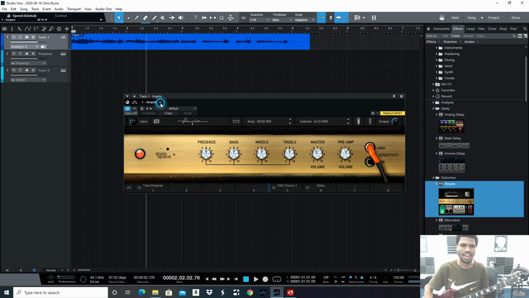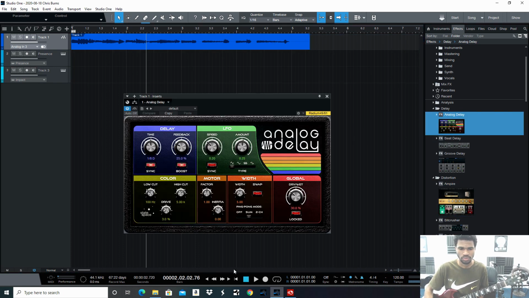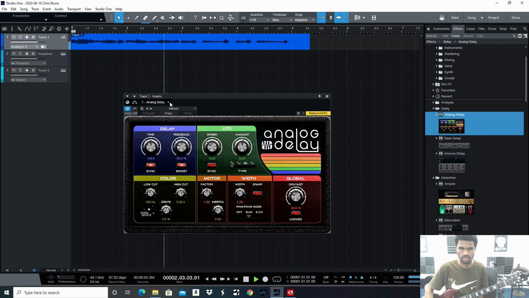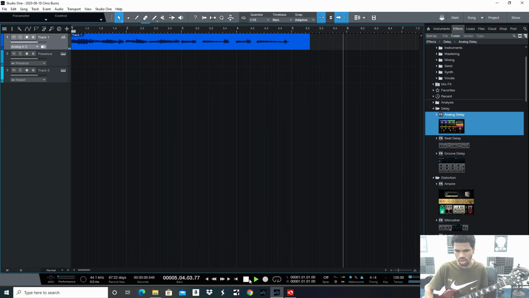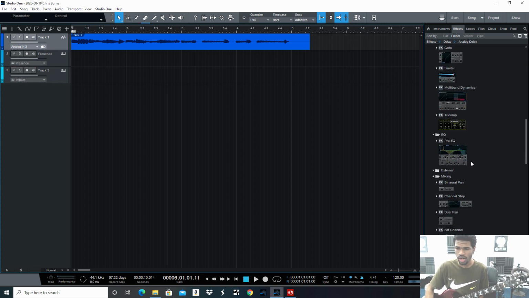But yeah, you just drag it over. Say you want analog delay, then you do the same. So that's your effect. You can go through and play with those. Studio One 5 Professional comes with a lot of different tracks, and that's what